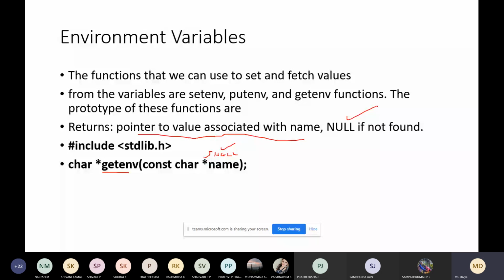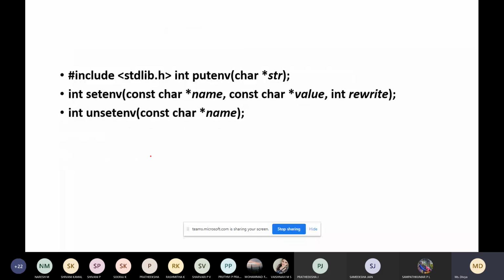And this is for put. Put is used to add a new environmental variable, and this is used for setting. If you want to set a new environmental variable, for example, with the name shell1, you give the value to that, and specify the integer value for whether you can change this, whether any user can change this value. So that will have the integer value.